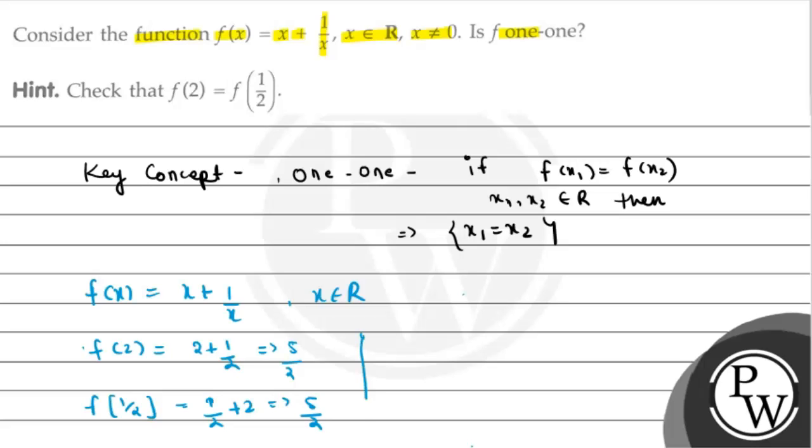So as we can see here कि f(2) पे फंक्शन क्या वैल्यू दे रहा है हमारे पास, f(2) is equal to f(1/2), as we can see here, because दोनों पे फंक्शन 5/2 दे रहा है. बट यहाँ पे according to definition अगर हमारे पास f(x1) is equal to f(x2) है, तो one-one होने के लिए क्या होना चाहिए, x1 is equal to x2. Here 2 is not equal to 1/2. यहाँ पे x1, x2 के इक्वल ही नहीं है. Then we can say here function f is not a one-one function.